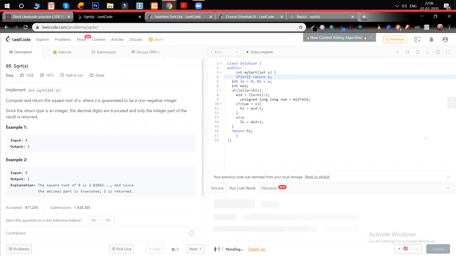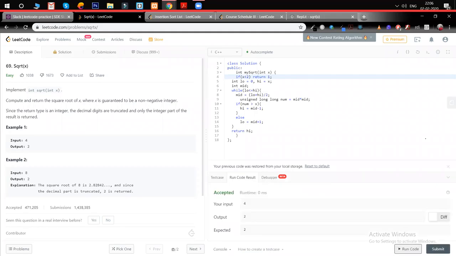Also, Ashish, high can be x by 2, right? I don't need it to be x. Yeah, I know that high can be x by 2. But just for the complete process I did, I substituted x for high. So I can write it as x by 2 as well. Okay, fine.